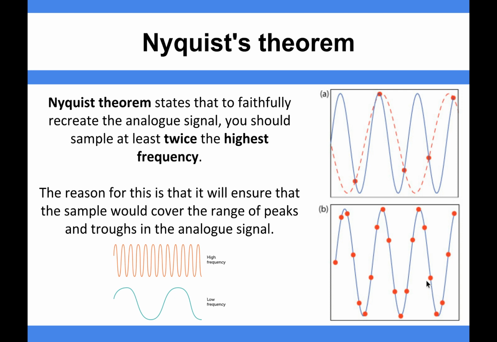the highest frequency. That is because imagine that this wave here, zoomed in, was the section of highest frequency within the sound wave. Okay, if you didn't sample twice that frequency, you wouldn't necessarily pick up all the peaks and the troughs. Because the reason we go for twice the highest frequency, it says at least, you should go a lot higher than that, but at least is because you can assume that if the highest frequency is like this,